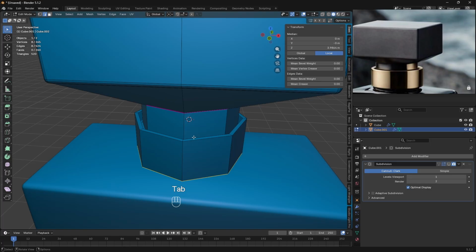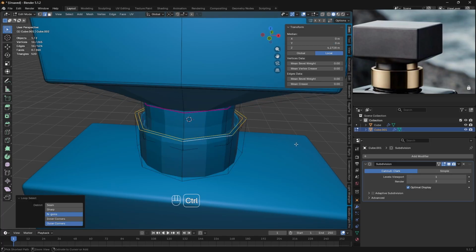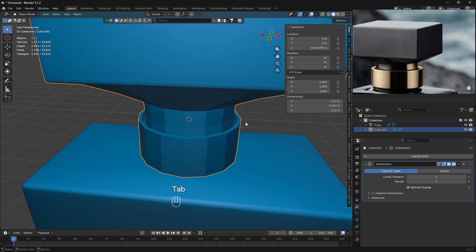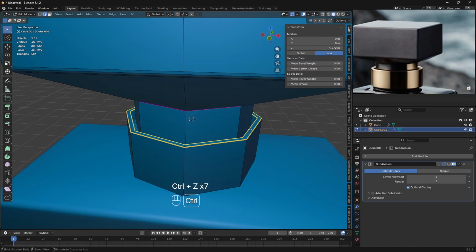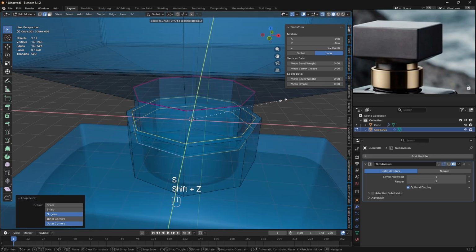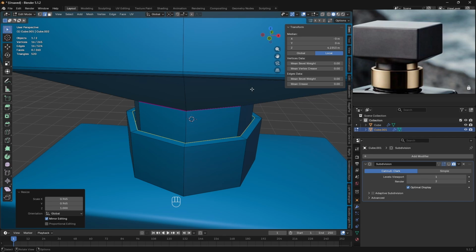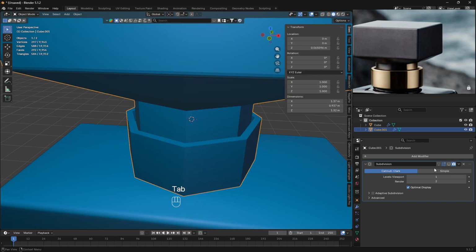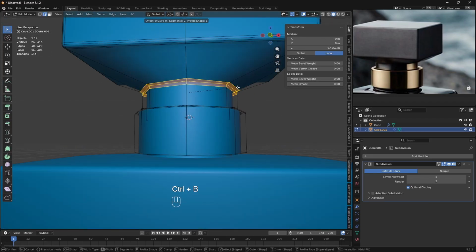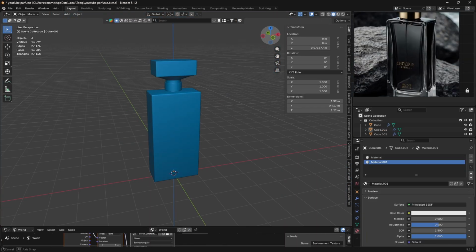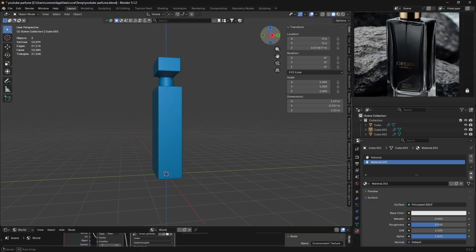Let's enable this one, and let's do a bevel in here. So this bevel needs to have 2 segments and a shape value of 1, and let me add this one. So let me go back and scale this edge, this one, and I need to be scaling it just like so. Right, let you see it in here, and let's add a small bevel just like so, and I think we are ready to go. So in here, let's enable this one, and let me add a small bevel in here. So this is our final result.